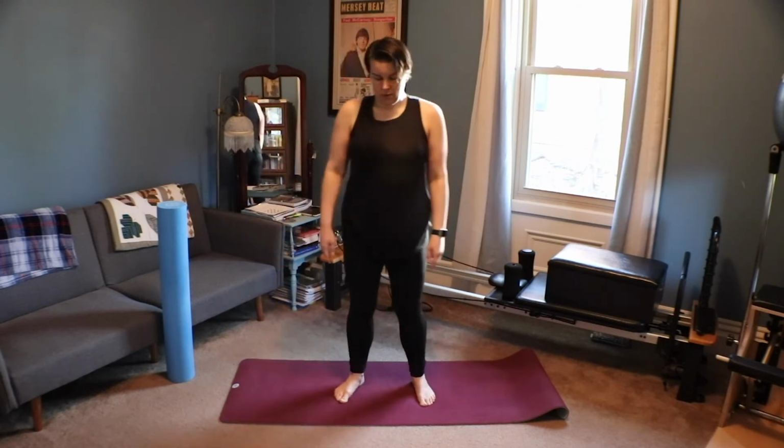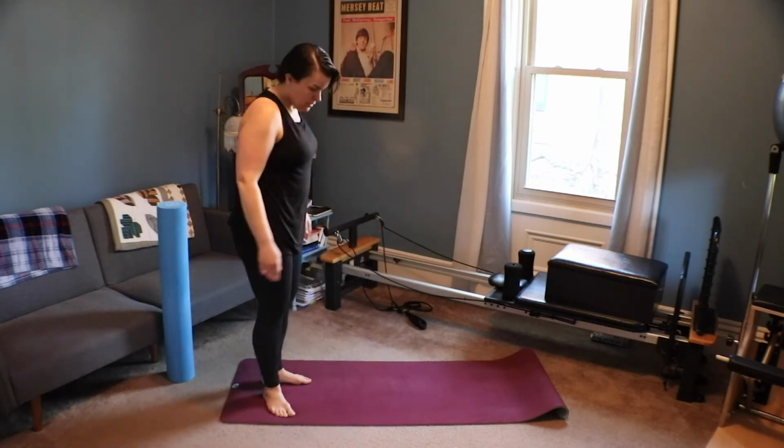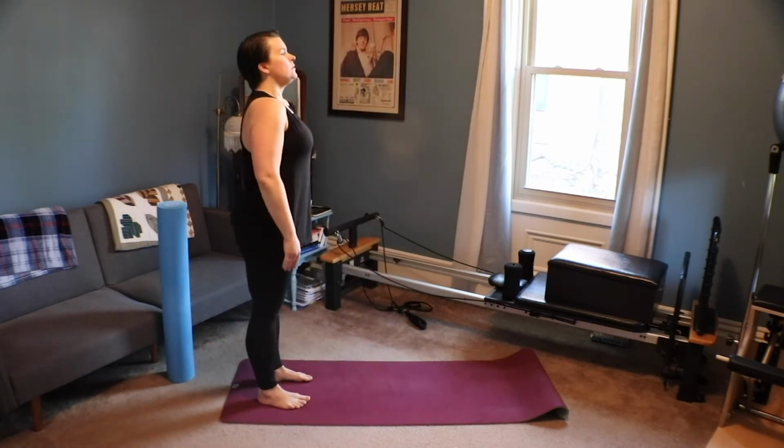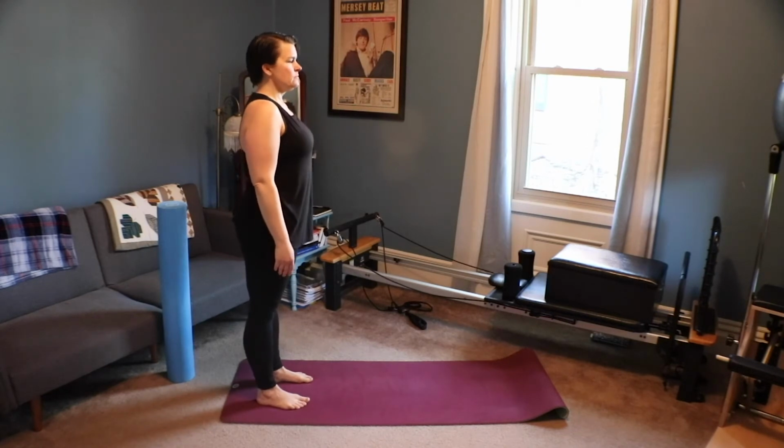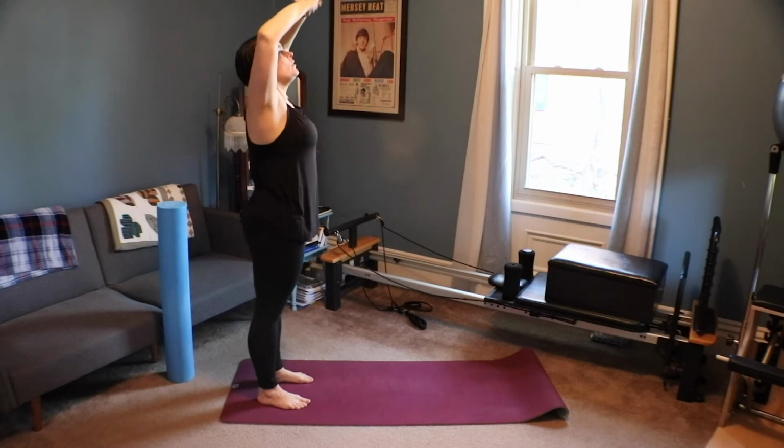And come into a stillness. And let's go ahead and find our way to the back of our mat. We're going to find that nice, beautiful posture that we started with. And we're going to reach our hands up overhead, clasp our hands above, flip them inside out so the palms